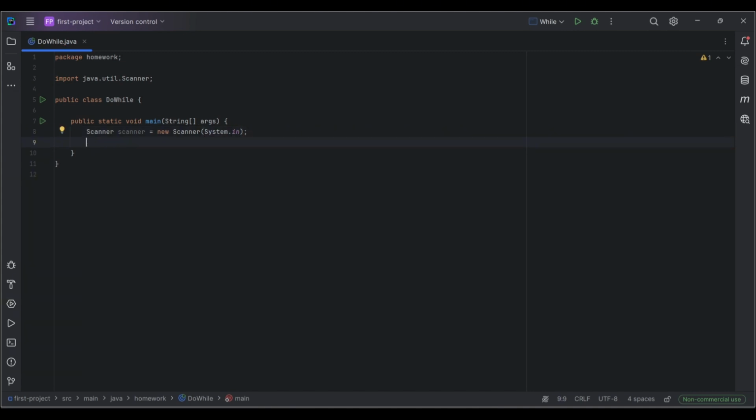and let's create a variable, again input, scanner next integer, to be able to accept a number from the user. And now let's create a do while. So do